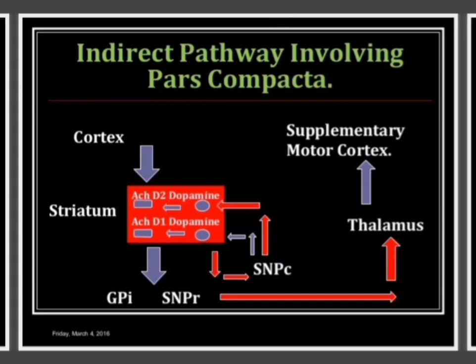acetylcholine D2 dopamine, acetylcholine D1 dopamine. Globus pallidus internal, substantia nigra, then thalamus, then supplementary motor cortex, और सब्सटेंशिया नाइग्रा से फाइबर जो हैं वो वापस भी स्ट्राइटम को जाते हैं।